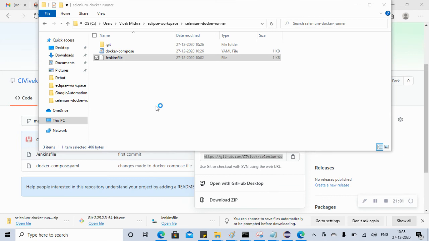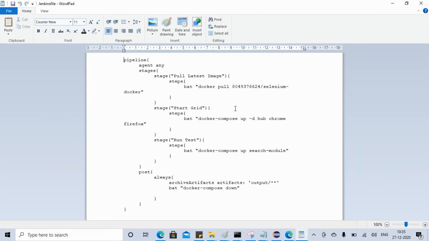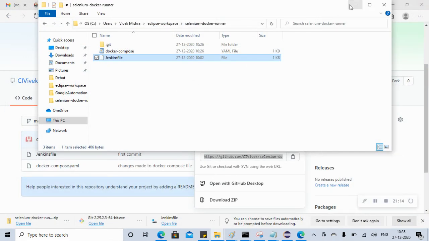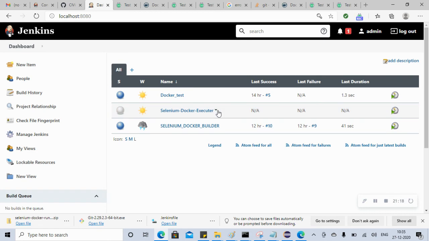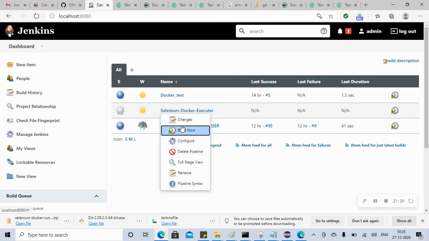It will read the Jenkins file, and then it will pull the image from the Docker Hub. Then it will start the grid, and then it will execute our test cases. That's what it will do. Now let's build this and see whether we are able to do it. So, build now.